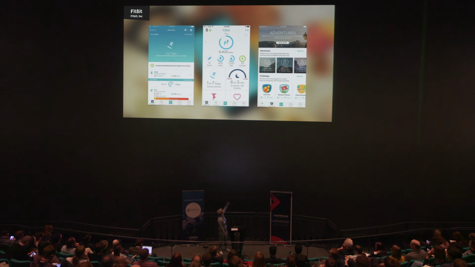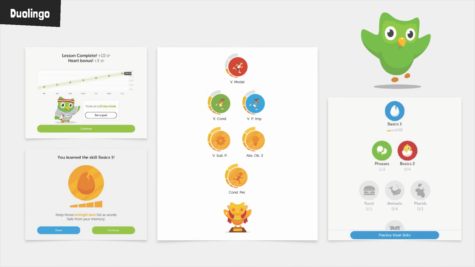Whereas if you've got a lovely dashboard full of beautiful dials and data viz, and you can see that you're so close to your goal, and you know that if you hit your goal, you're going to get a reward that day, and you know that reward is going to feed into a greater total reward, and you can share that with your peers, it just gives you that little bit more motivation to do that extra bit. And in a similar vein, Duolingo is a language learning app. And not only does it have an adorable mascot to cheer you on, but a whole host of reward mechanisms to keep you engaged.